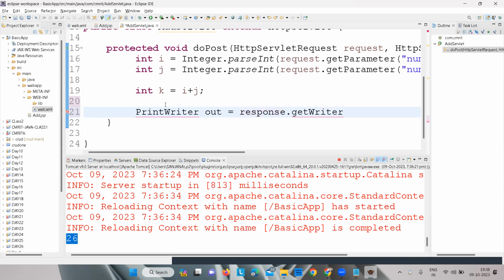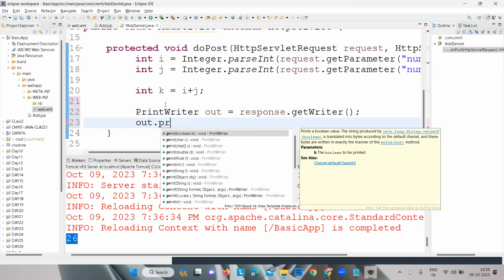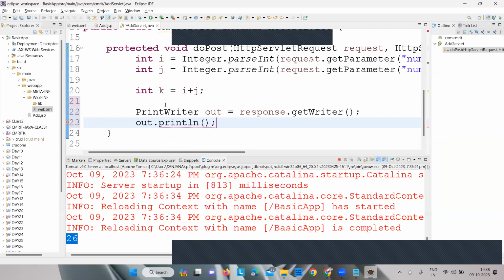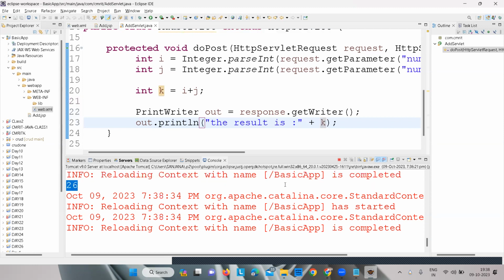Okay, response dot getWriter, shift O. Okay, and then I'll say out dot println, and here I'll say "result is", and I will append k here. Save this one, and just say